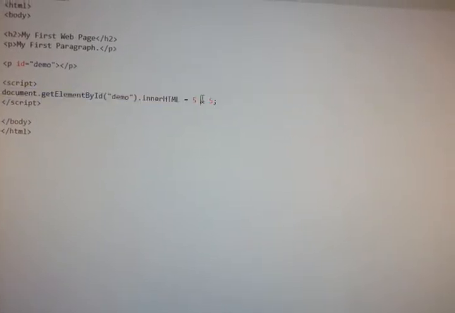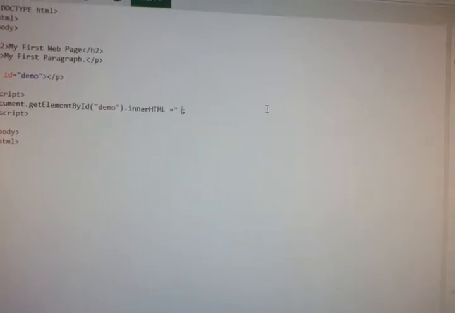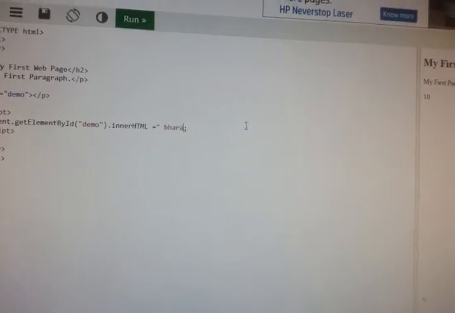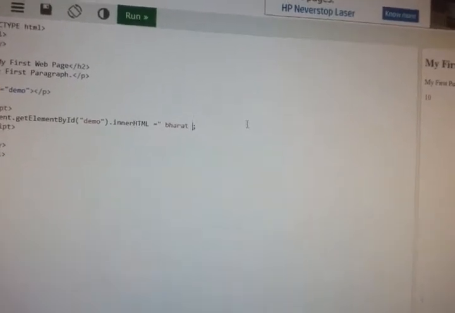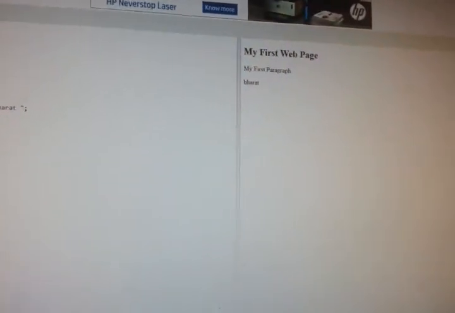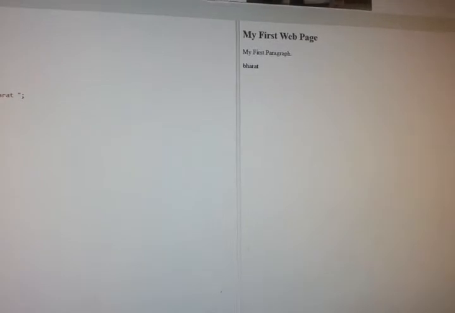If you just want to print your name, you write it within double quotes. Now if I run the program, I got my name. So this is about outputting the HTML.